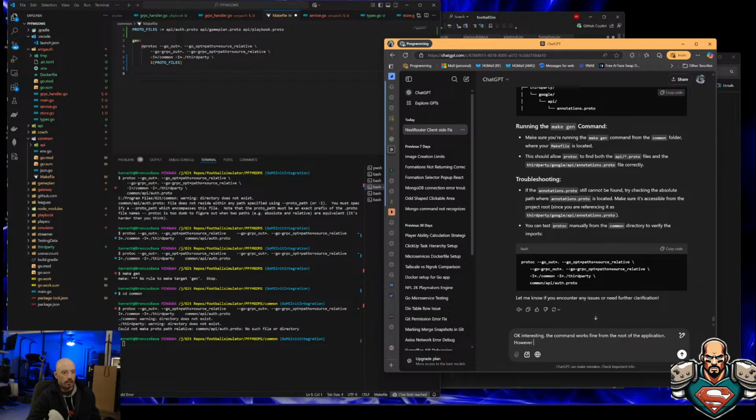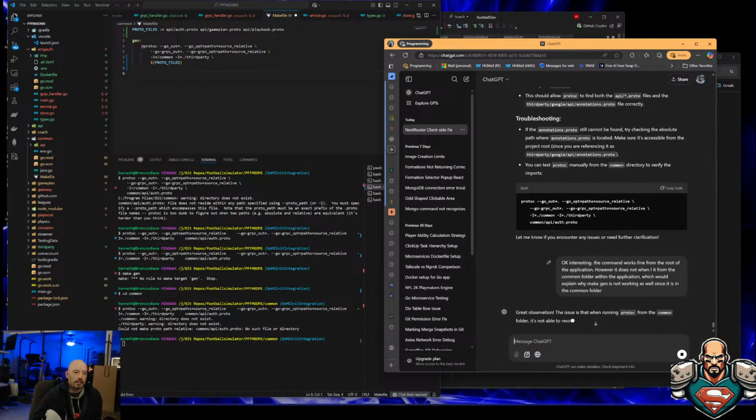However, it does not work when I run it from the common folder within the application, which would explain why make gen is not working as well, since it is in the common folder. So I think we're just relatively